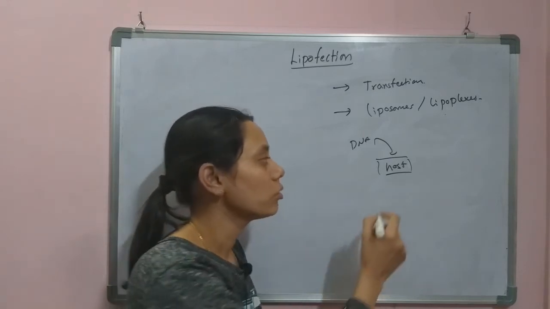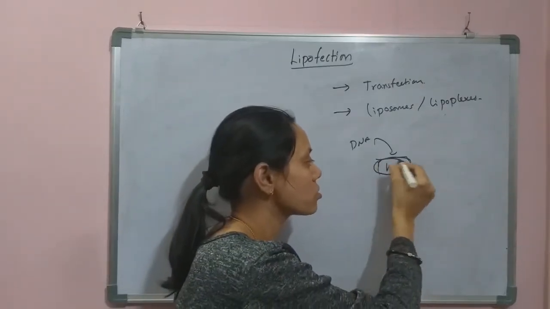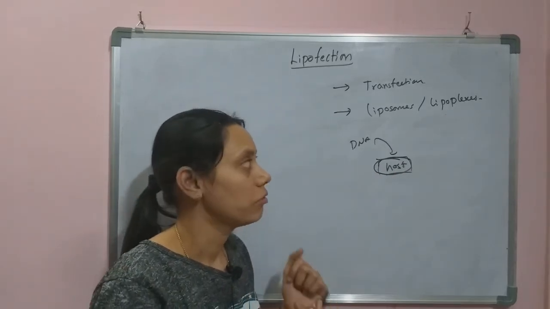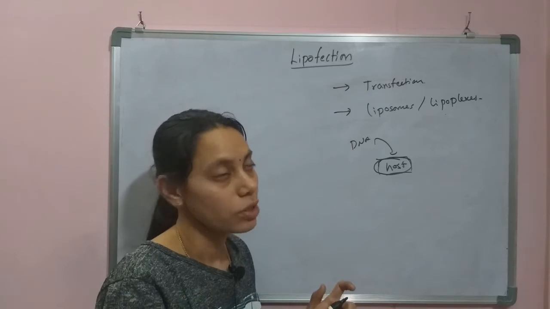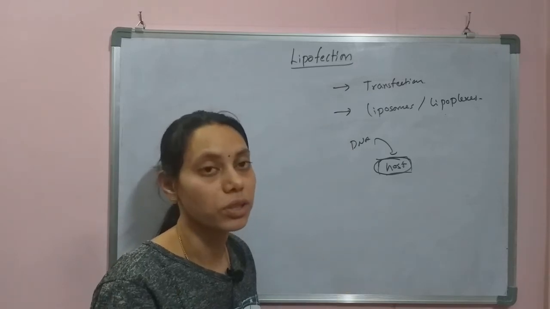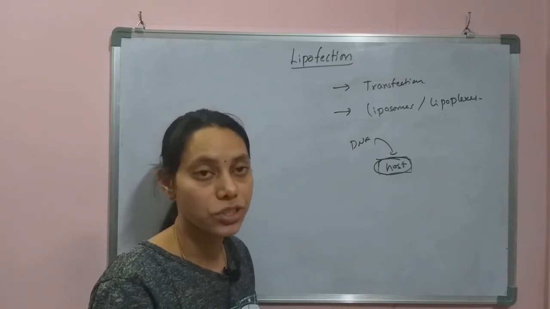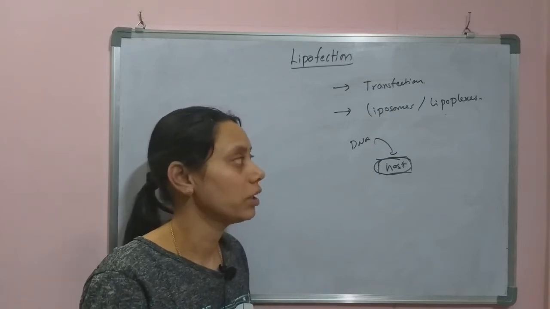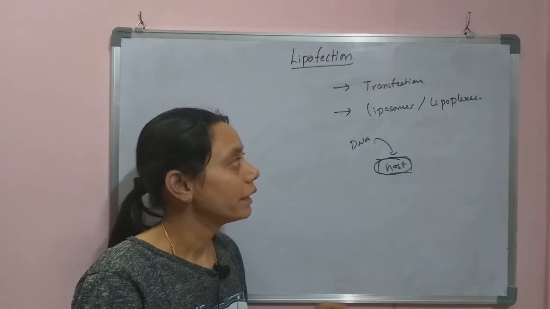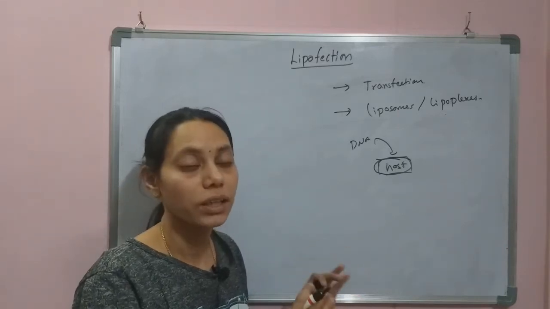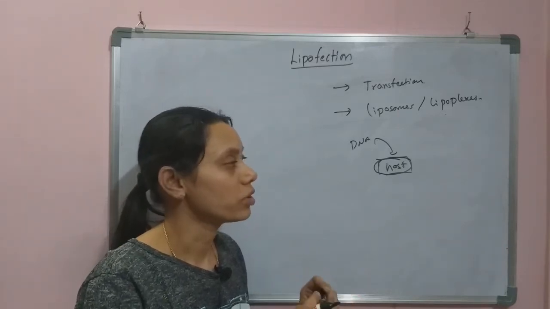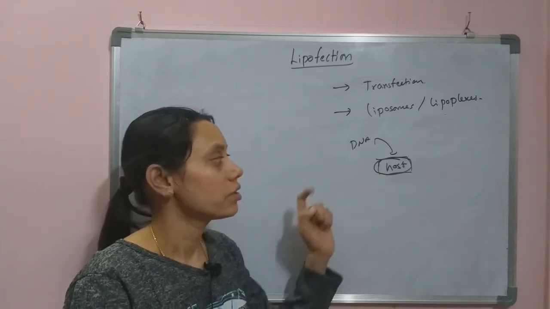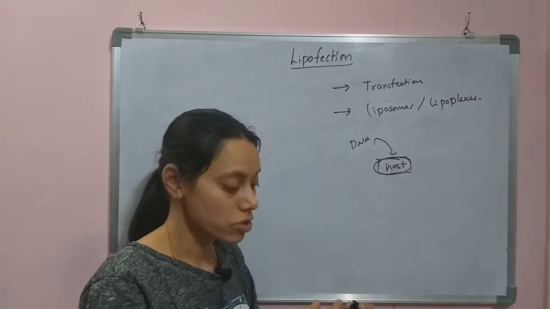So in order to make the host cell compatible or suitable for the uptake of the DNA, we employ transfection methods. There are many kinds of transfection methods. There are physical methods like microinjection, particle bombardment, or many other kinds. Lipofection is basically a biochemical method in which liposomes are employed. The liposomes are used for transferring the DNA into the host cell.